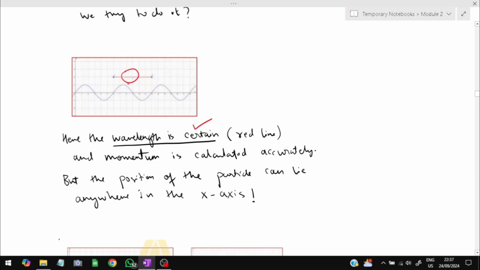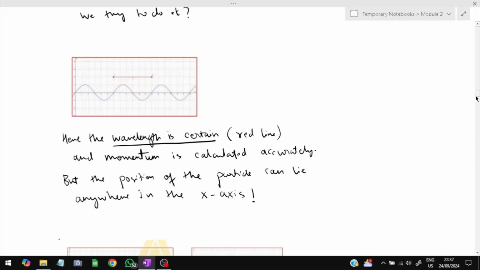We have obviously got to know the wavelength. But what is the position? By wavelength we can calculate momentum, so momentum is certain here. What is the position of the electron? The position of the electron can be anywhere on the x-axis from 0 to infinity. As you can see, such a big uncertainty is there in the position, while we have a 100% certain wavelength. So this shows that when we try to achieve 100% accuracy in the wavelength, the electron's position becomes uncertain, because the whole wave is uniform and we don't know which part of the wave has the electron present,